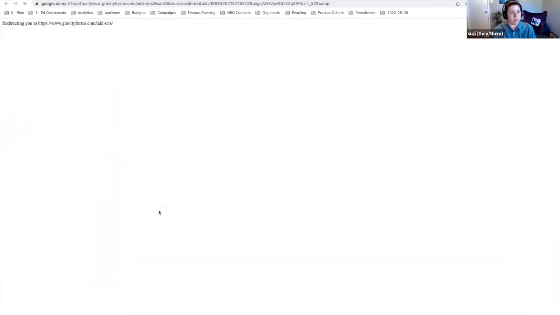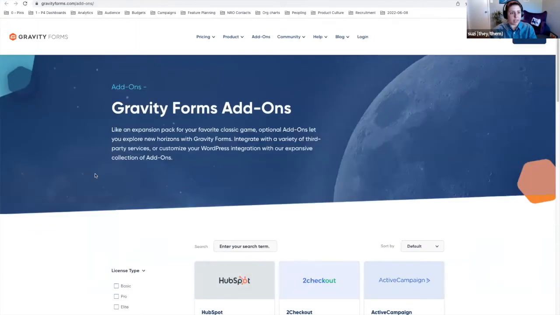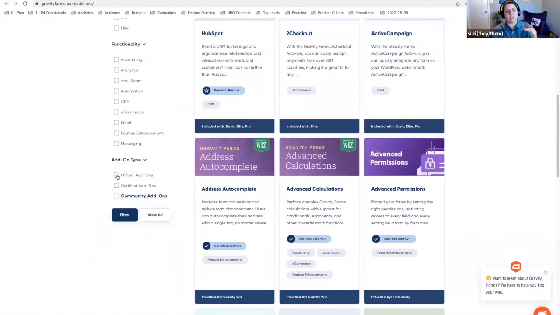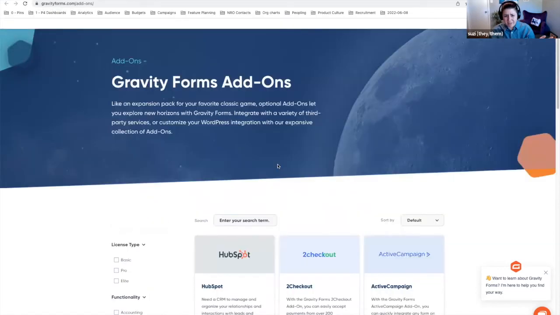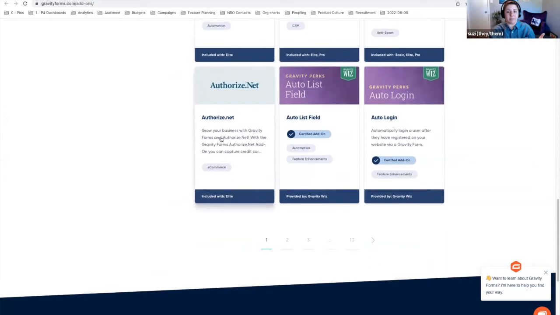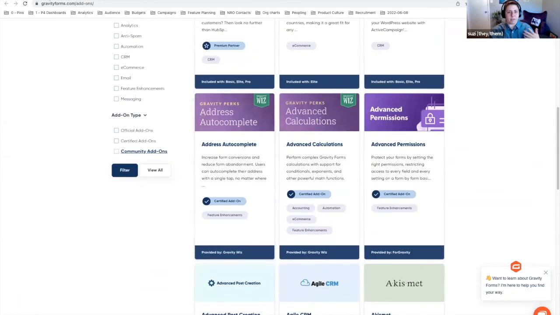So I can just show you. They have a whole directory of add-ons. They have their own official add-ons that the Gravity Forms team maintains, as well as the community can submit add-ons. So if we build something, we could submit it here, similar to the WordPress plugins directory. And they have tons and tons, at least 10 pages of add-ons for all different types of